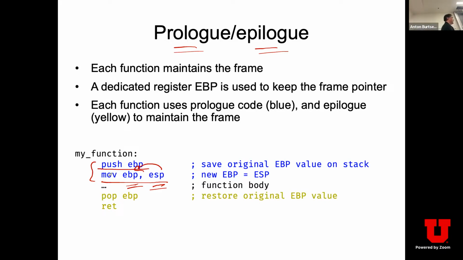And then you execute the function. And when you reach the very end of the function, you say, look, I'm about to leave, so I want to restore the frame of the previous function. If the code is generated correctly, the old value of the EBP, which we saved here, is at the very top of the stack. And so you just simply pop it from there back into EBP,